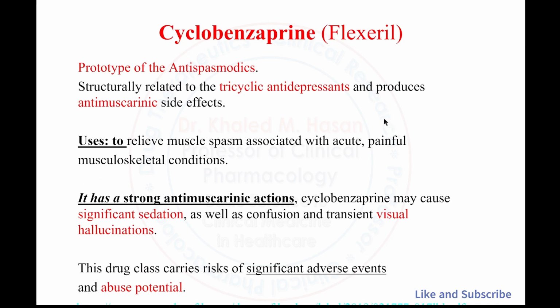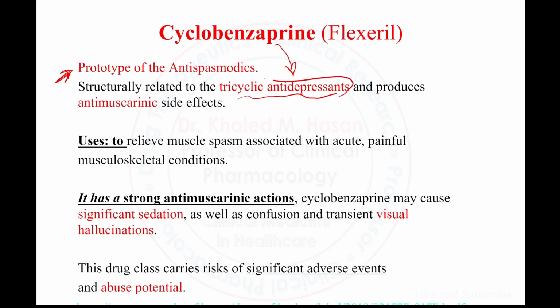Okay, next medication will be cyclobenzaprine, Flexeril. Cyclobenzaprine, Flexeril is a prototype, the first medication and the antispasmodic. What we have here, we need to remember two things. This medication carries the characteristic of a tricyclic antidepressant. For this reason, I refer you to the antidepressant lectures to read about the information about this group